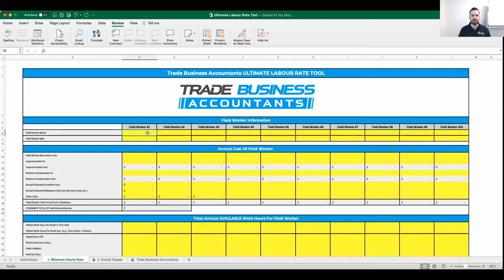Now, this tool was really built to streamline this whole process of figuring out what the minimum labor rates are for yourself if you're a field director, as well as your other field workers, like your tradesmen, laborers, apprentices, and so on and so forth. This tool is really to try and simplify that approach, because if you've gone through the Price for Profit book, you'll notice that the process is a bit detailed and a bit tedious to go through. And that's needed for the process, but that can get really difficult and really impractical